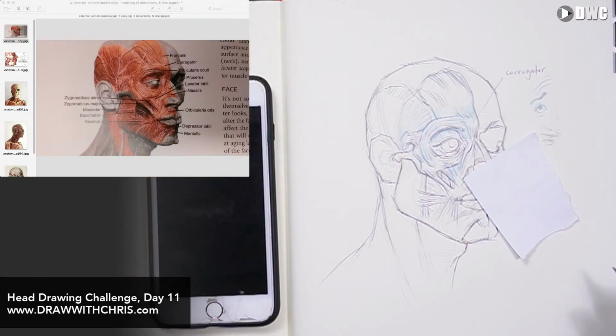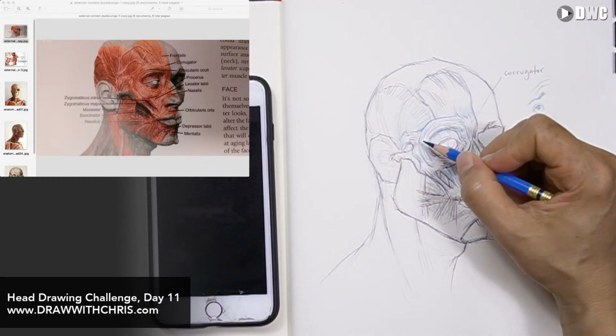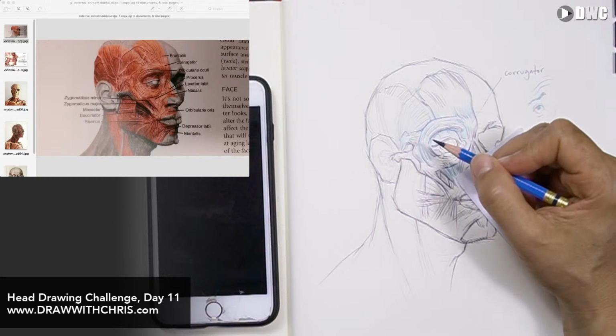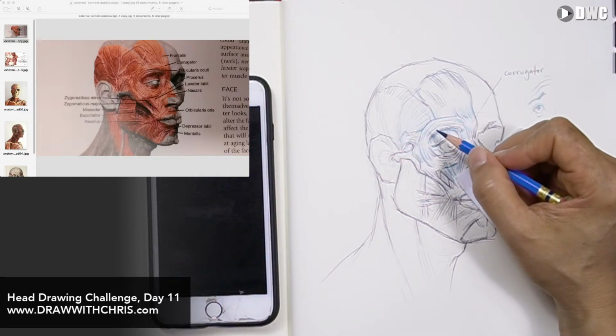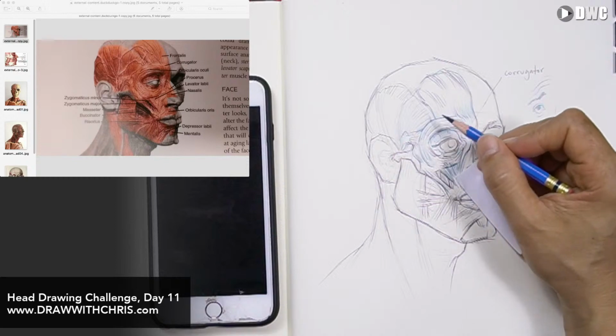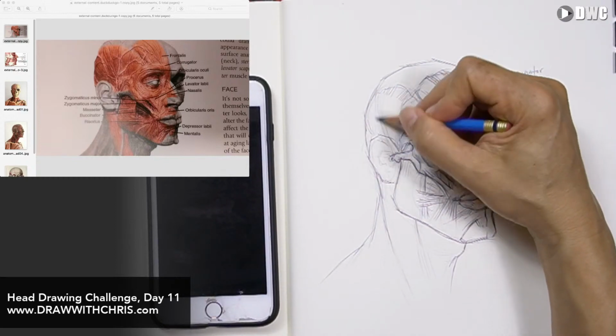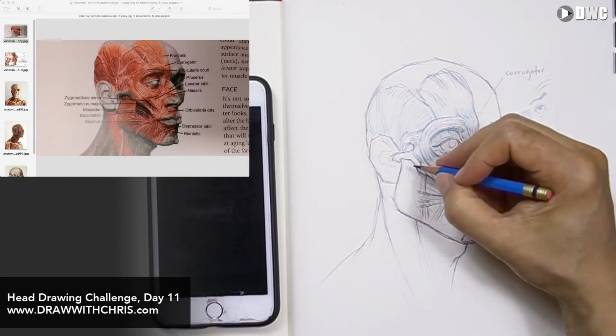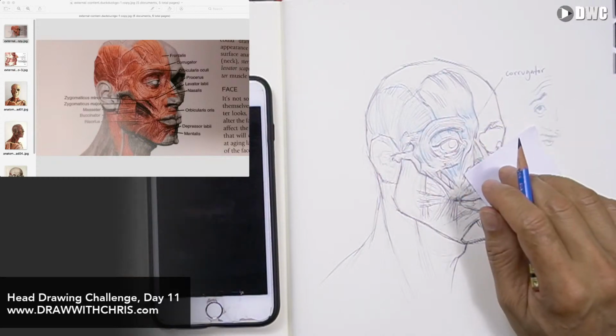Just to make sure that, because the temporalis does connect to the orbicularis muscle. Sits right underneath. Huh. This sits nicely underneath. So I believe it's this whole thing. It's a big old muscle. That's the masseter, that's bone. All right, well,